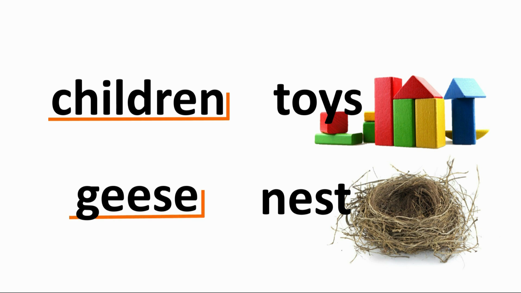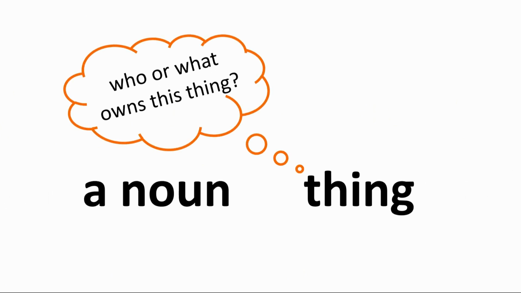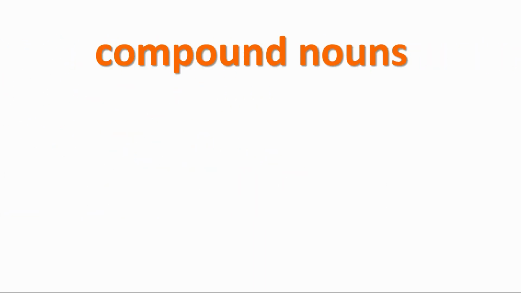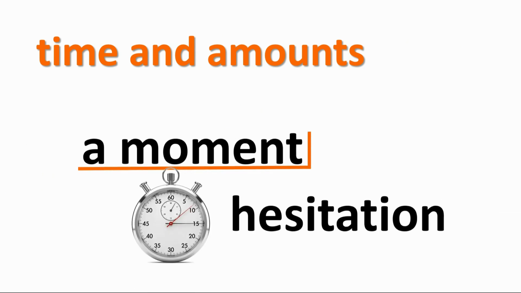In both cases, we stick to the rule, adding an apostrophe and then an S to each plural noun. Nothing changes in the nouns themselves, since children alone already means a group of kids, and geese already means more than one goose. With this simple rule of answering the question, who or what is it that owns something, we can turn any noun into its possessive form, including compound nouns like mother-in-law's birthday, time and amounts like the phrase, a moment's hesitation,